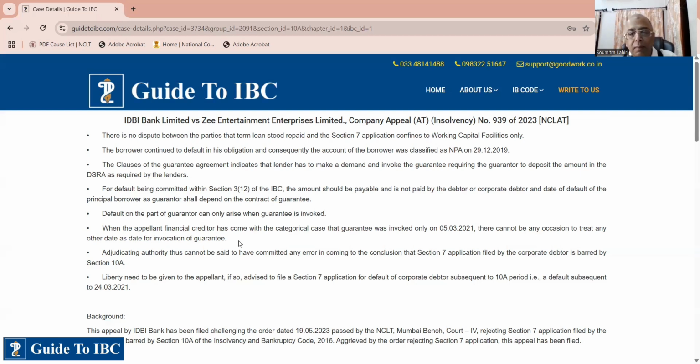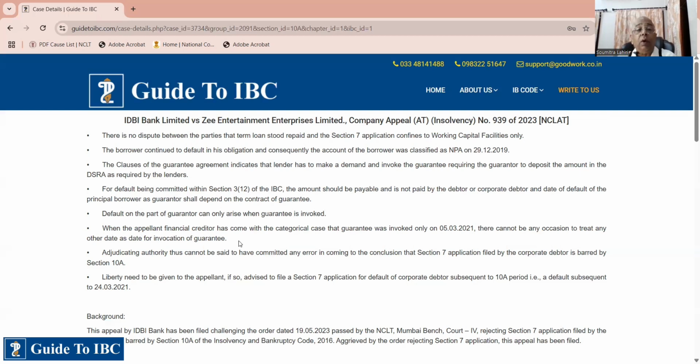So obviously, this was not considered. I mean, the adjudicating authority thus cannot be said to have committed an error in coming to the conclusion that the Section 7 application filed by the corporate was barred. However, liberty needs to be given to the applicant, if so advised, to file a Section 7 application for default of corporate debtors subsequent to the 10A period. That is, default subsequent to